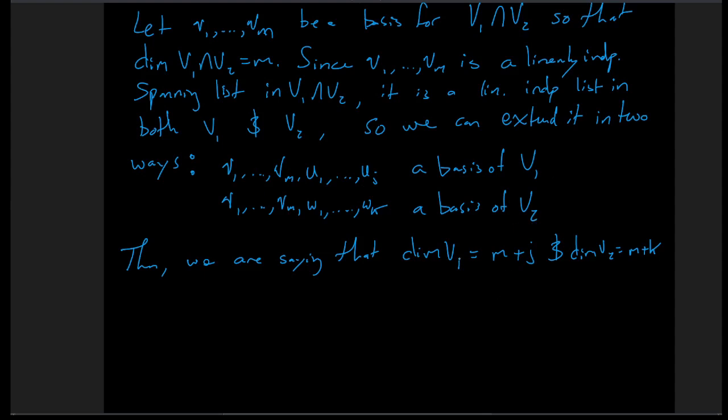That is, the dimension of V1 is equal to the dimension of V1 intersect V2 plus something. Potentially that could be plus 0, but it could be no less than m. All right, fair, cool. Same with V2. So what we want to do